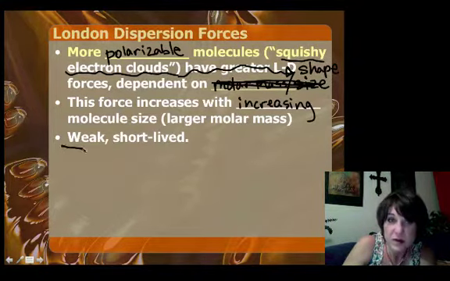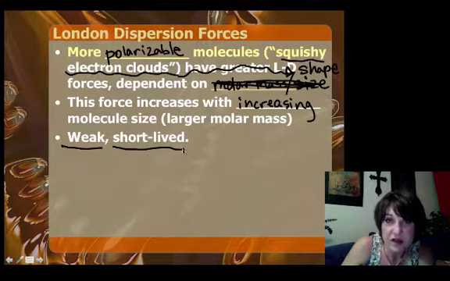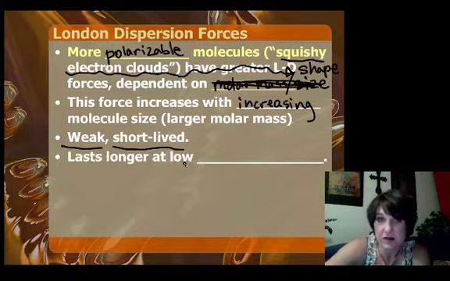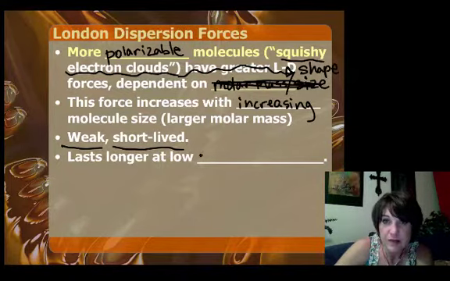But these tend to be weak forces, and they don't last very long. The dipole is considered instantaneous, so it just lasts for an instant. It would last longer when we slow the molecules down. So at lower temperatures,